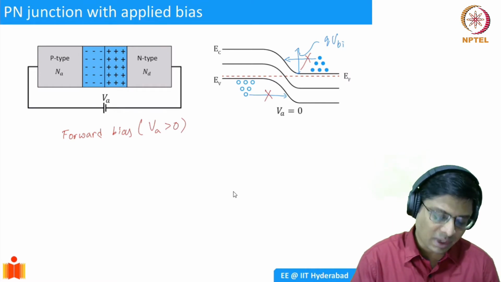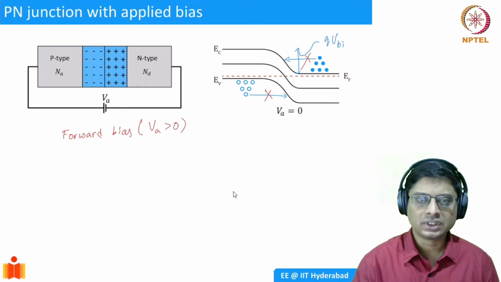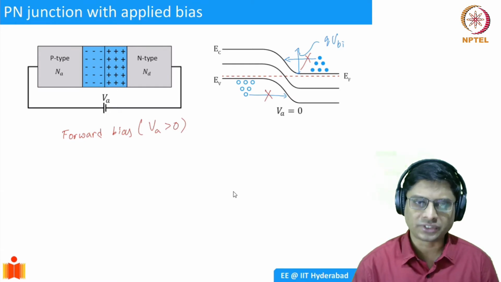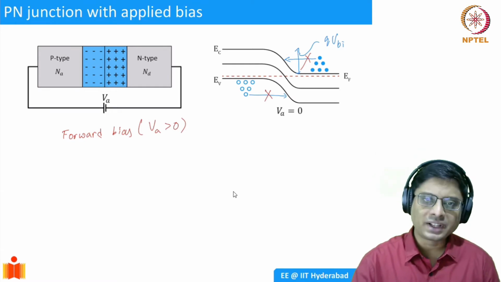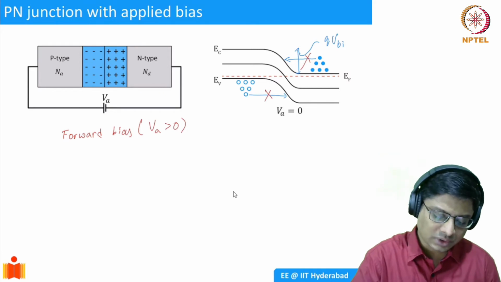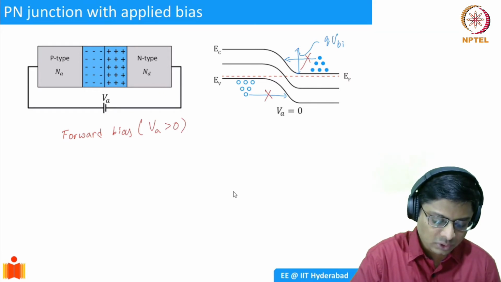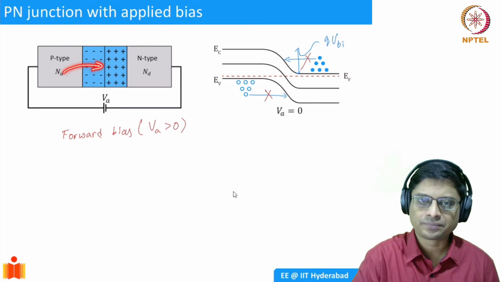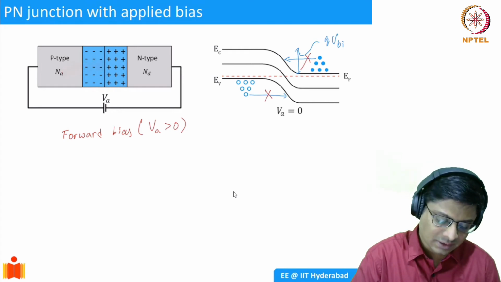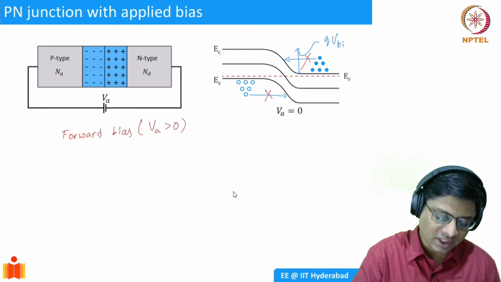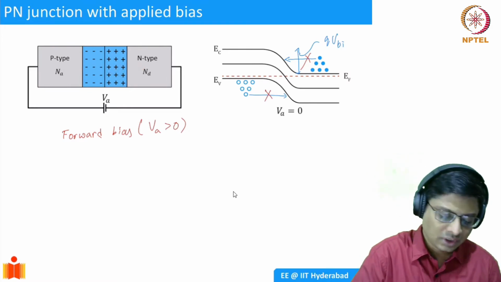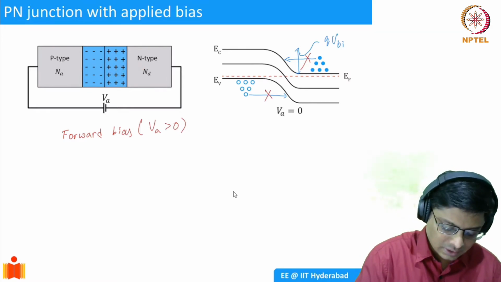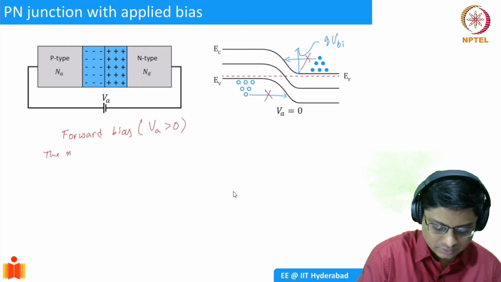My P-type semiconductor has holes, which you can think of as positive charge carriers, and you are applying a positive voltage to that. That would force these holes to move into the depletion region. Similarly, the negative terminal is connected to the N-type semiconductor, which will force the electrons to go into the depletion region. So under forward bias, the majority carriers